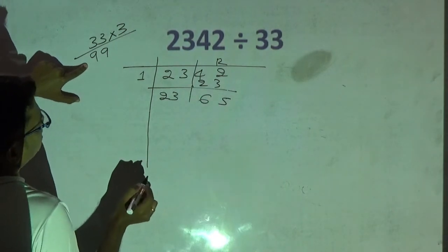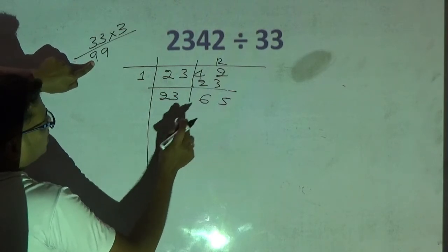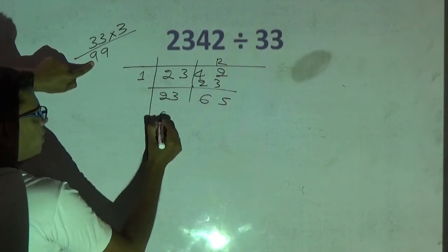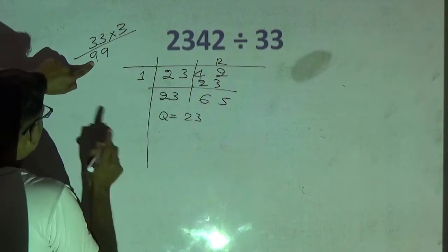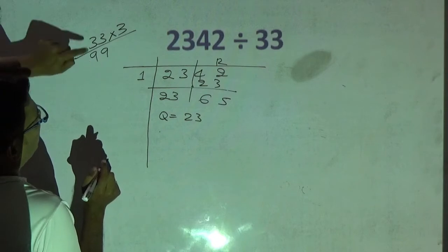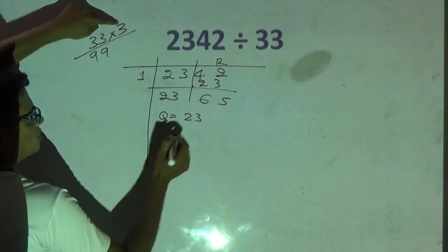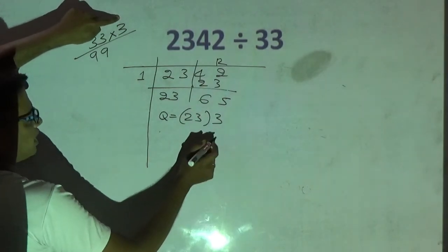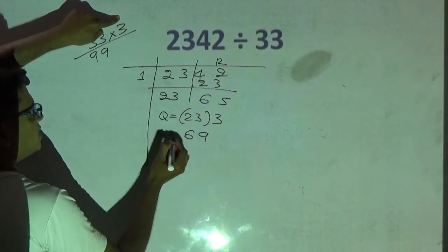Okay. Now please observe. From which number am I dividing? From 99 I am dividing now. Okay. Whether you can divide 65 from 99? No. Okay. Now, the quotient I got is 23. But I need to divide this number by 33, not by 99, correct? So what I have done to get 99 is 33 into 3, right? Therefore, I will multiply this by 3. What I have done is into 3, therefore, I will do into 3 here also. 3 3s are 9, 3 2s are 6. Now, the quotient I got is 69.